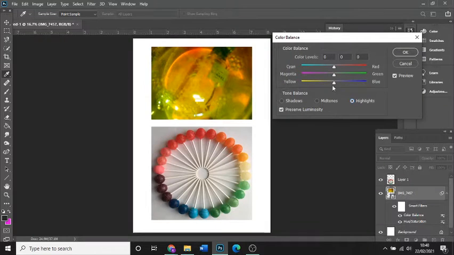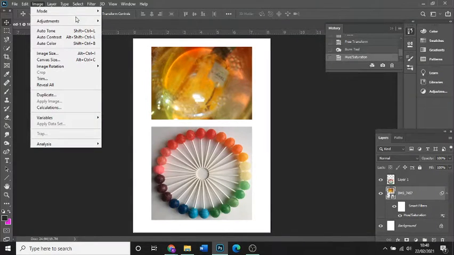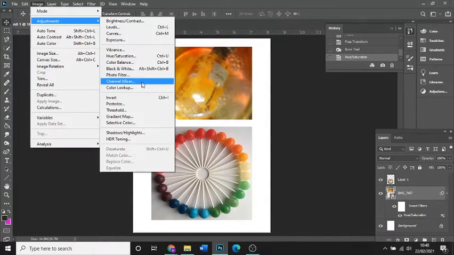Okay, so again it's just about playing around with the controls, clicking the different things, sliding things up and down and seeing what effects you can get. If you like it, click OK. If you don't, click cancel. It's not a problem. Last one I'm going to show you back on image and adjustments is this called the channel mixer,